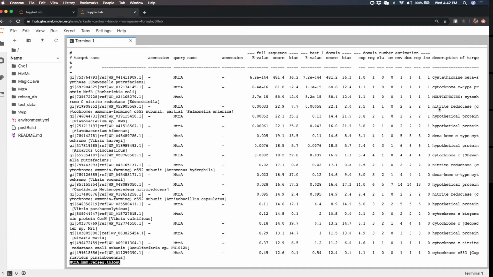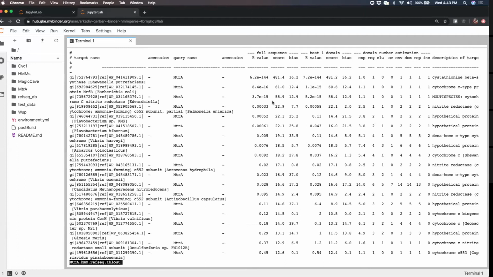But with something like this, with nitrite reductase, where I know that this is in the same family, you see that the bit score is really low, and I would shoot for way above that, probably closer to 481, after confirming what this actually is. I'm not actually sure what cystathionine beta synthase is, but yeah. So in this case, we're going to shoot for above 60s. So if this was the entire RefSeq data set, we'd see a bunch of hits for Shewanella decaheme